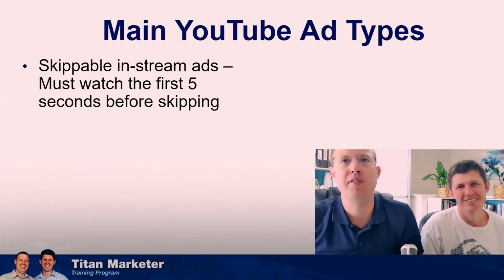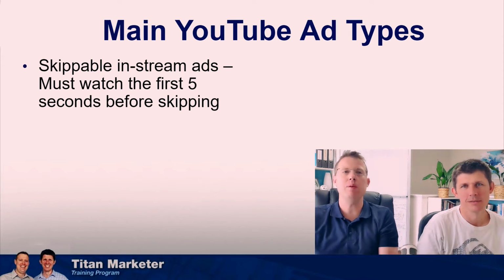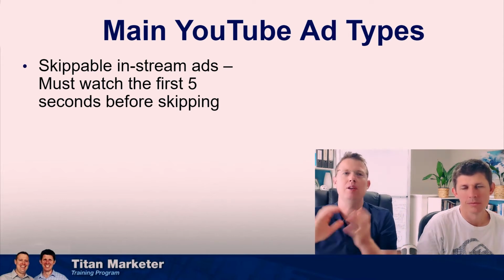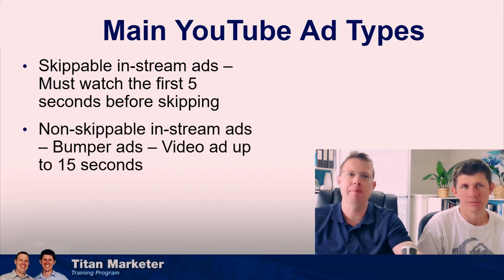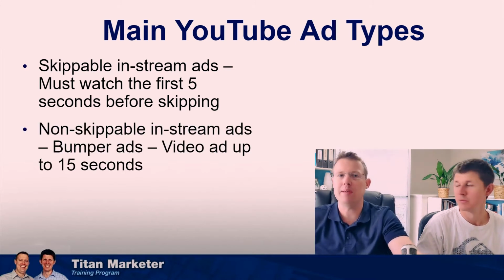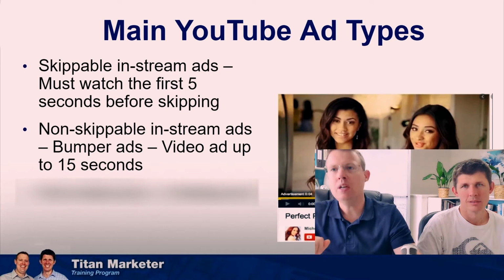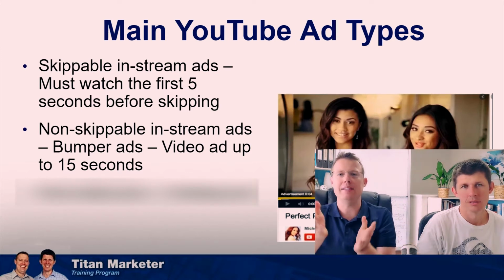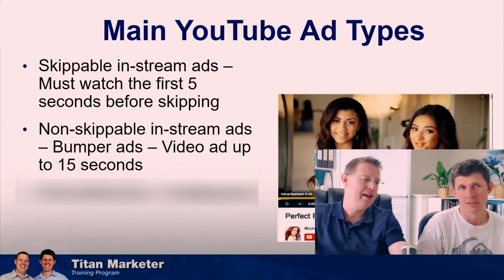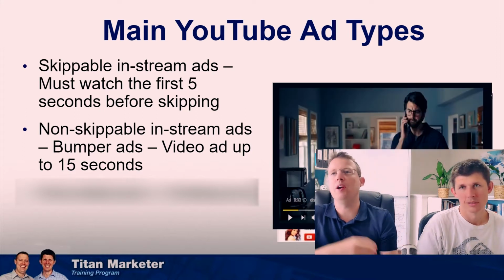But here's really the first types of ads that you'll see. The first one will be skippable. So these are ads that'll say you've got 5 seconds to skip, it starts counting down, and then you skip. The next one is some form of non-skippable ad used by big brands and things like that. And you're literally stuck there for 15 seconds having to watch these types of ads. So you can see here, this is a good example. You can skip the ad that counts down for 5 seconds. This would be the in-stream skippable ads. And then of course, we have the video that will play after the ad.